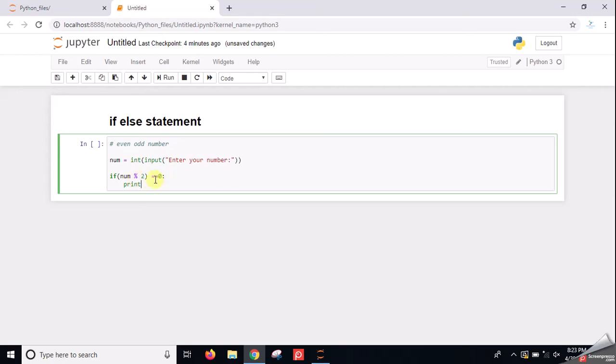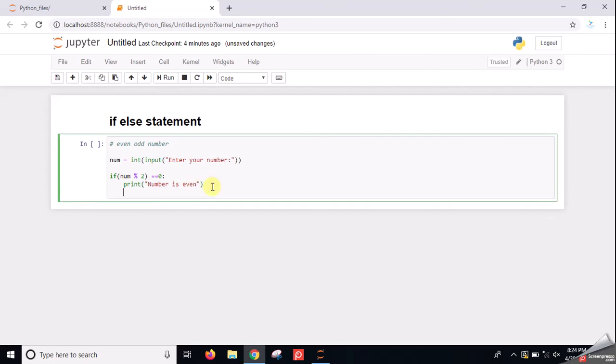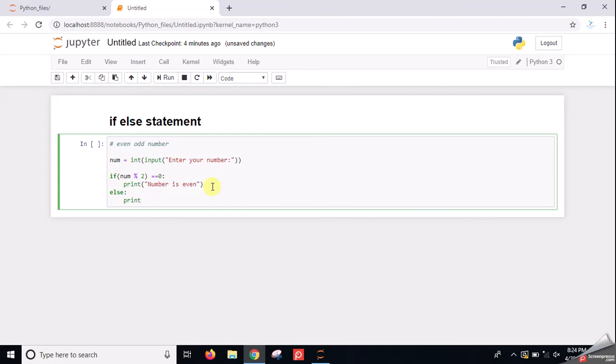When you use any conditional statements or any looping constructs in Python, you will always put a colon after the condition. So this is the syntax for any conditional statement or any looping statement in Python, that we have to put a colon after the condition. After that I will print that this number is even. And then there comes an else part also, which is also followed by a colon, and then I print that the number is odd if the remainder is not equal to 0.